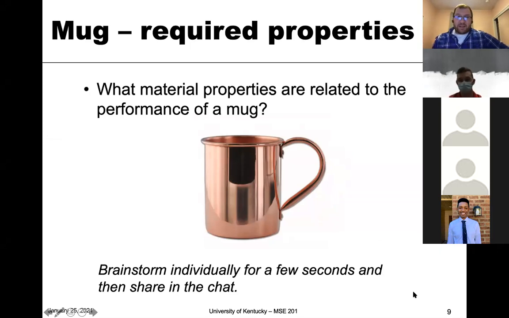So the thermal properties here. If we drop the metal mug, it's probably not going to shatter in 1,000 pieces like the glass or ceramic did. However, if you pour hot liquid into this metal mug, it would not be a good idea to hold that metal mug, right? So there are material properties here that tell us what the application can be.